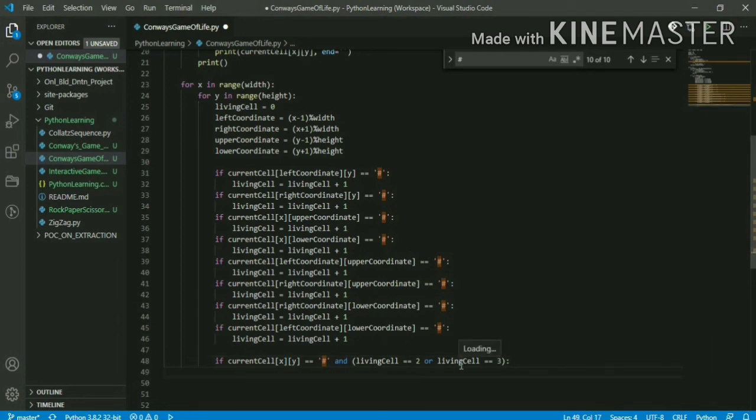my next cells, so here I'm calculating and appending the position in the next cell, so that is going to represent my next state. So my next cells xy should be a live one because it is satisfying the condition, so it should be hash, right? Else if,